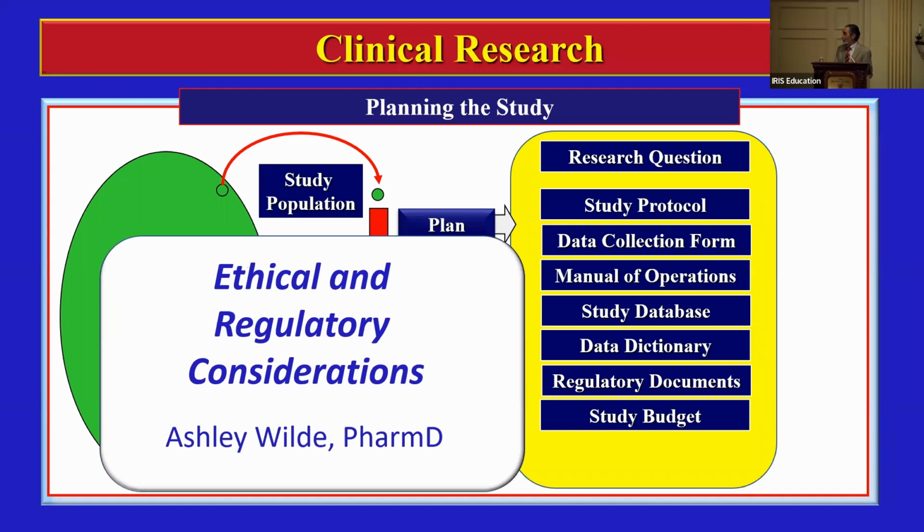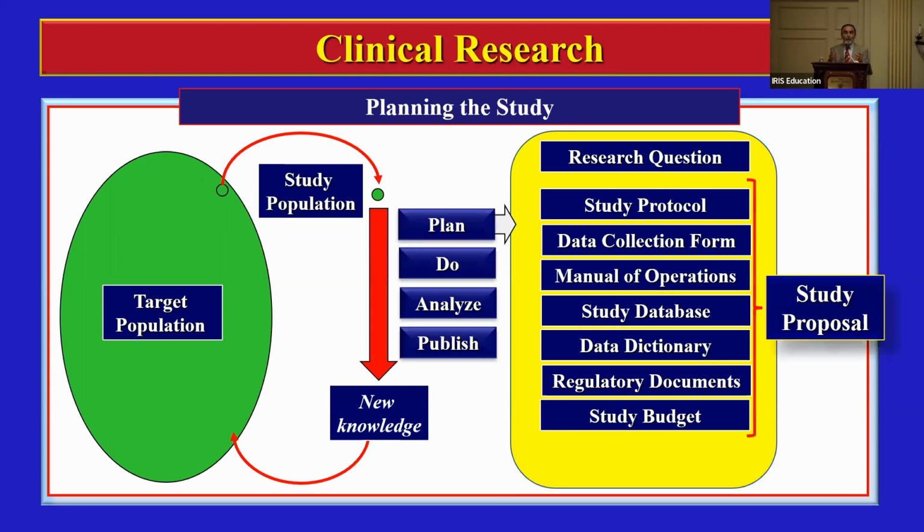Now, all these documents that we discuss, sometimes you say, well, but I'm doing clinical research, it's going to be a small study, I don't need to have all these documents. But the reality is that all these documents are what is called the study proposal, or sometimes the grant proposal. If you submit it because you want to get funding, this funding may be $20,000 from the research office at the university or from the foundation, to $2 million from the National Institutes of Health. Of course, but even for the $20,000, even if you go to a small company, you will need to show